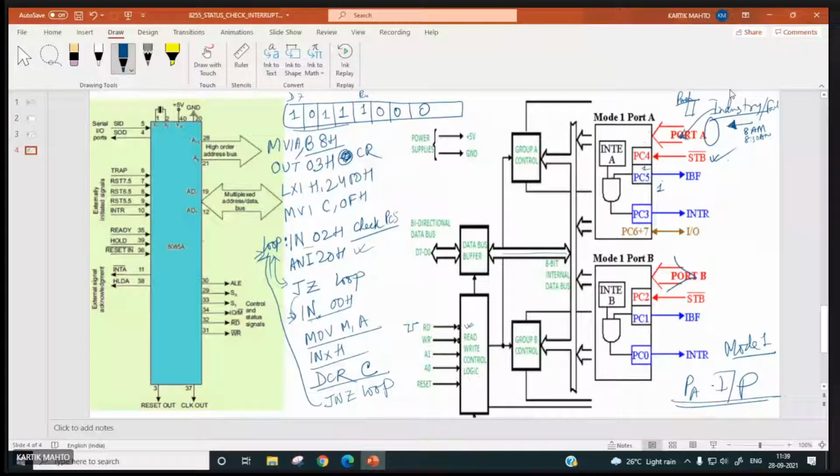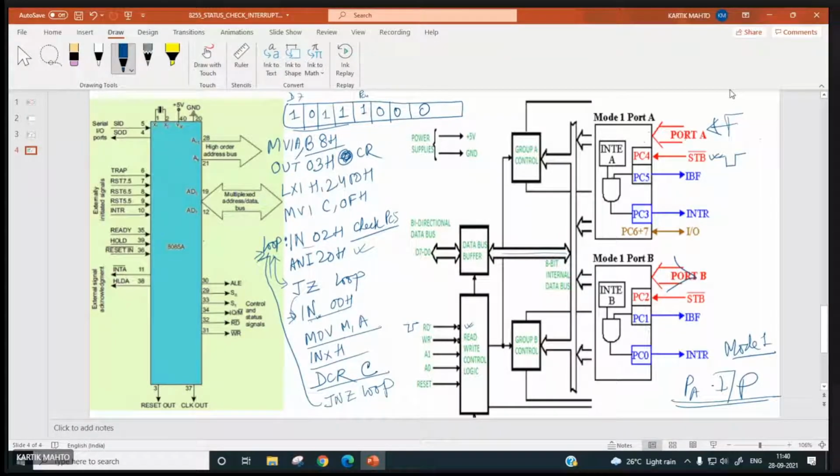So one person will come around say 8 a.m., one will come at 8:05 a.m., another will come at 8:06 a.m., someone will come say around 8:29 a.m. So it's not going to be a regular event. So this STB bar may be made low whenever a person enters, or the input device inputs the data.